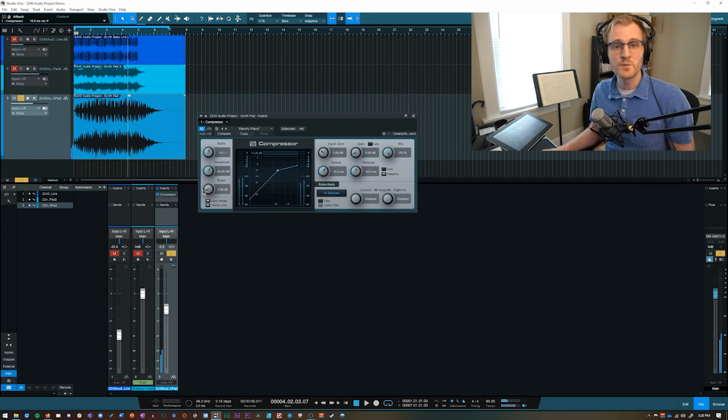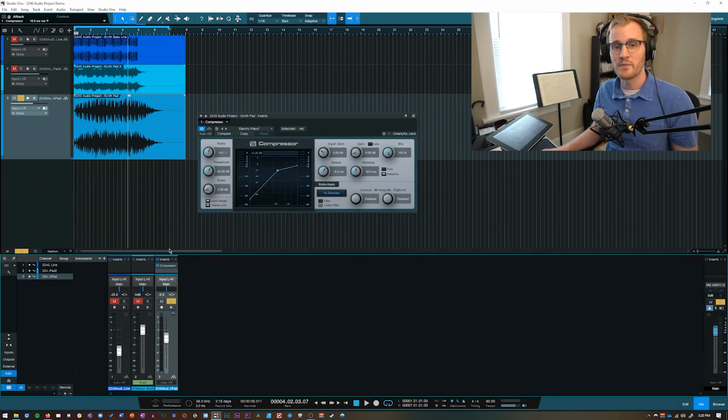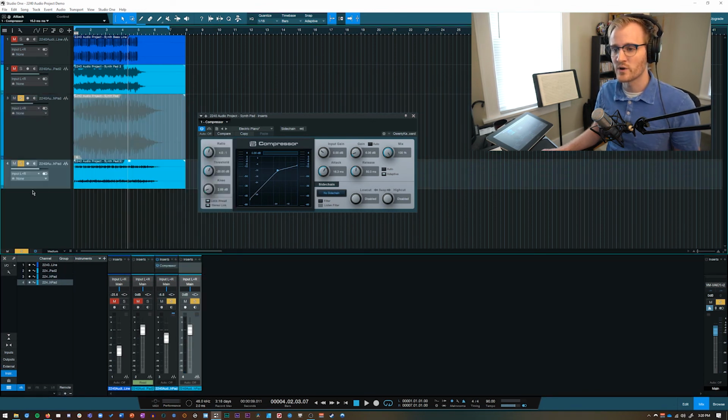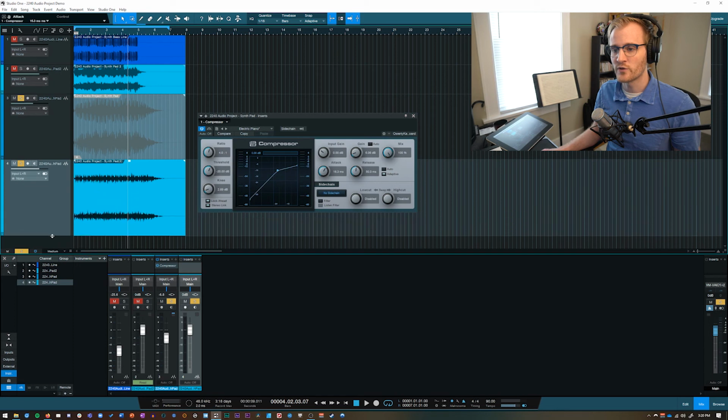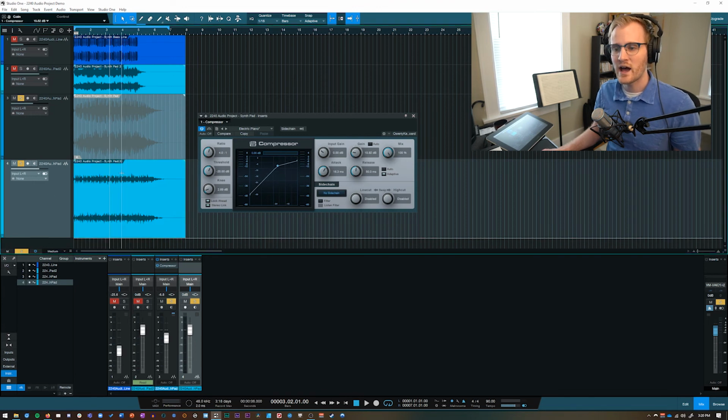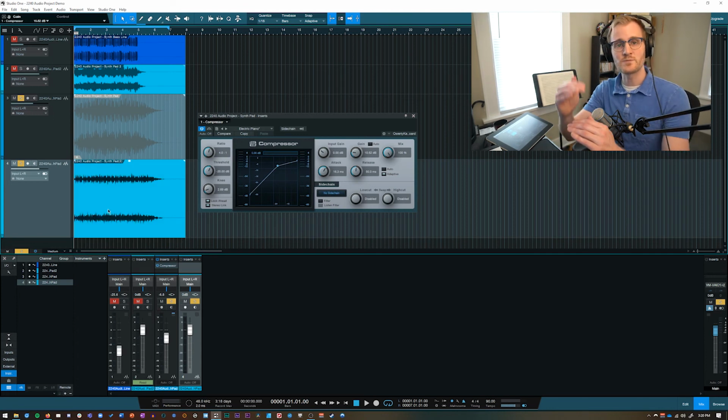Okay, so that's a reasonable amount of compression, and it is potentially getting me a result that might be ideal. Let's go ahead and just bounce this to a new track to demonstrate what I'm talking about. So you'll notice that overall, my amplitude, my output, has decreased, so a case could be made that I could boost this gain even further if I wanted, but I now have a nice audio signal that has less of a dynamic range, and the distance between peaks and troughs is smaller, which might let me mix it more